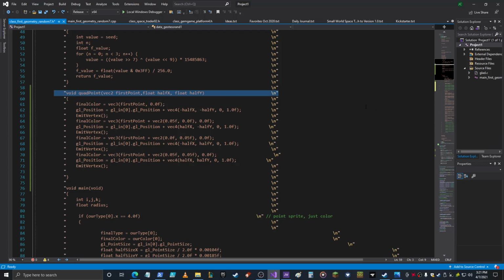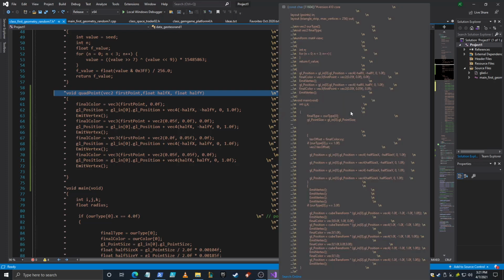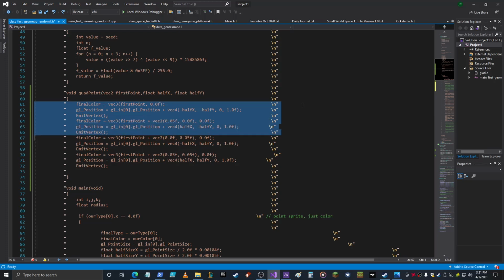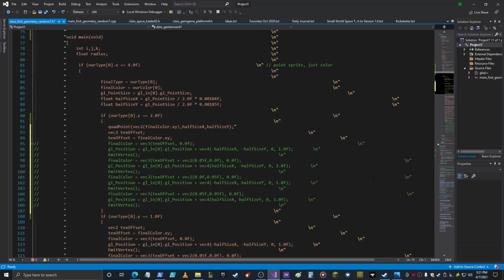So the float half x and the float half y, those are going to be sent into the function, and then I just use those, and then go ahead and call the emit vertex function, and that creates the first vertex, and then you're creating 3 other vertices, so you've got the 4 vertices of the quad, basically the square. And then basically once I'm done with that, the function does everything. So instead of hardwiring in the 4 points, I can just send in the half size x, half size y, and I can send in the final color.xy, which is the center of the quad,